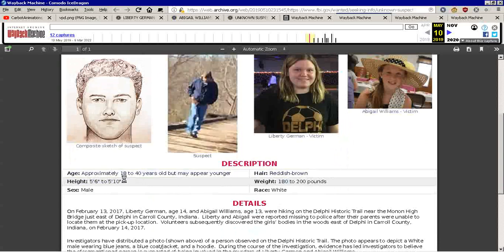5'6" to 5'10", again, we're playing averages here. The weight, 180 to 200 pounds, almost but not quite matches with that size range with that kind of an image. So basically all that's doing is saying, look for about the most average description possible. He's a male and he's white is the only thing we have that might be common between these two, and these do not look like they're the same person.